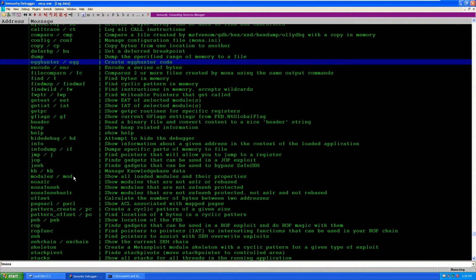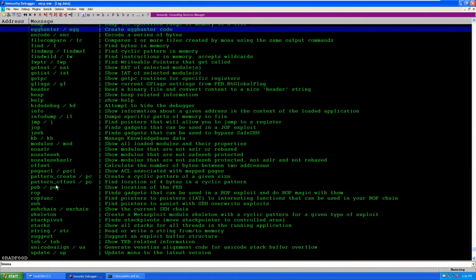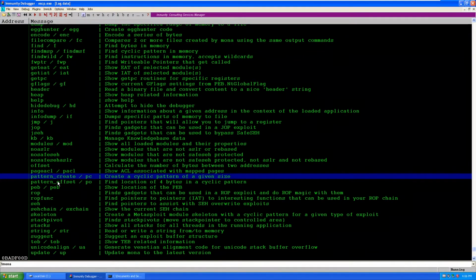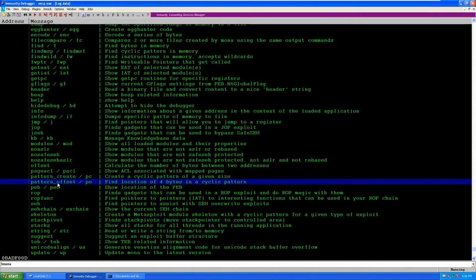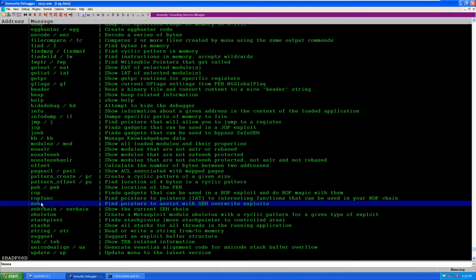It's like a Swiss Army knife tool for exploit development. And you can also do pattern create and pattern offset, which we have seen in Metasploit in the previous videos. You can also determine the addresses which are useful for SEH overflows.